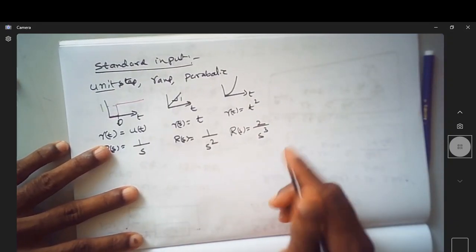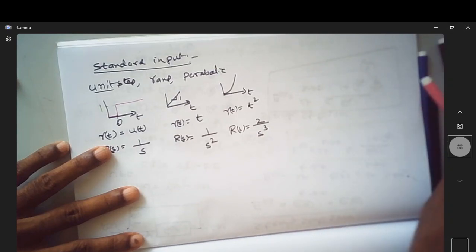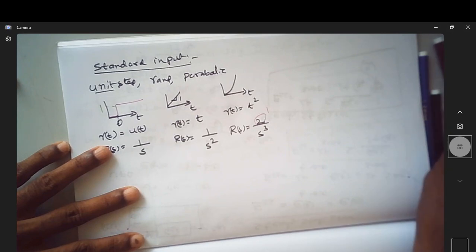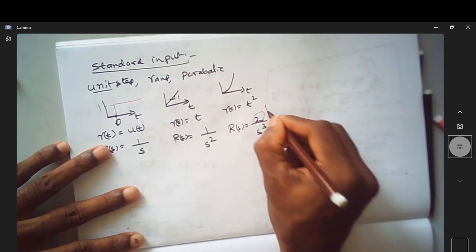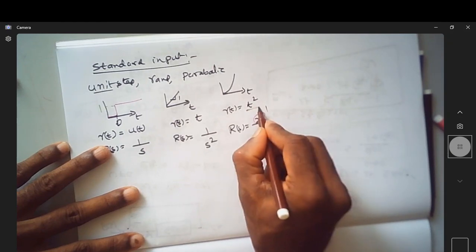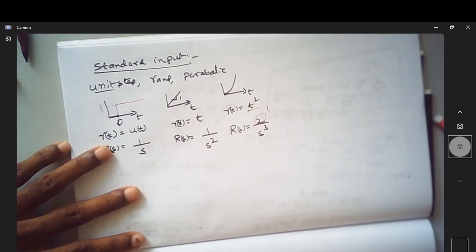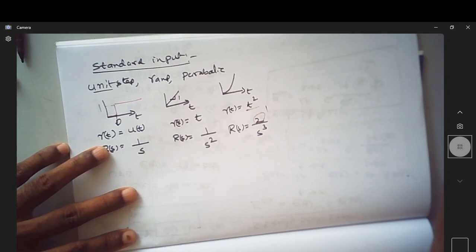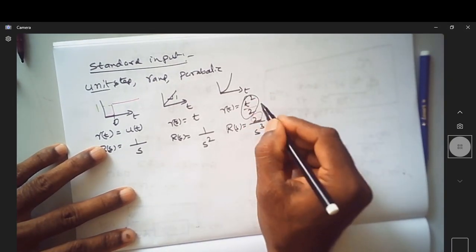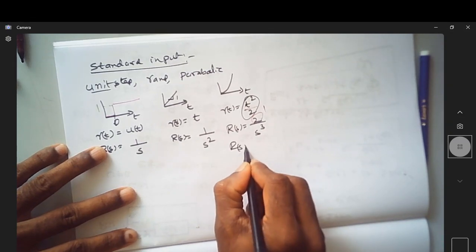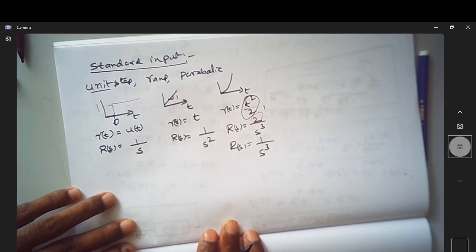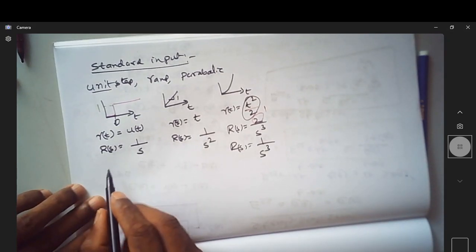In order to make the magnitude in the numerator 1, the typical input is taken as t square by 2. So when r(t) is t square by 2, then R(s) becomes 1 over s cube. So the standard inputs are